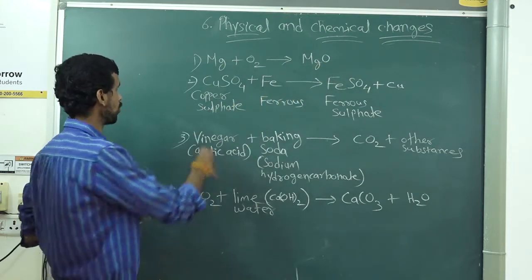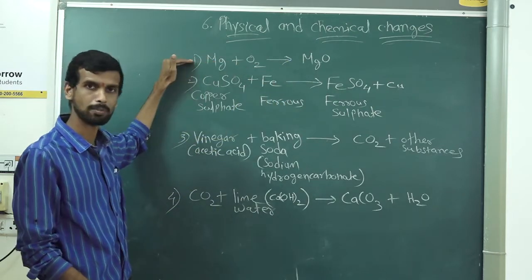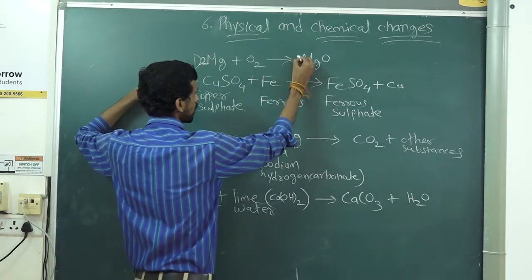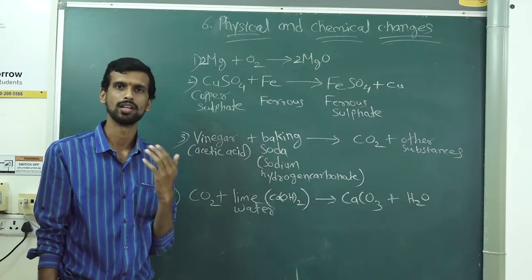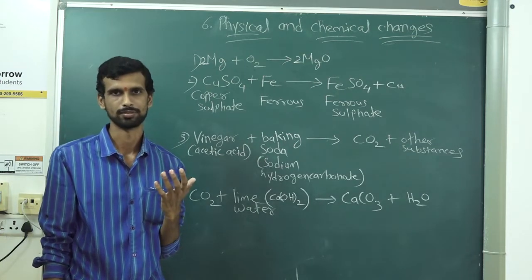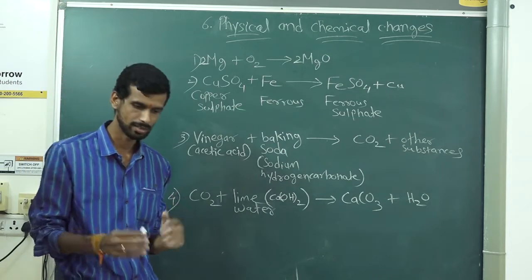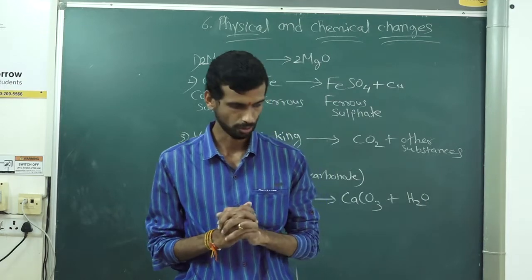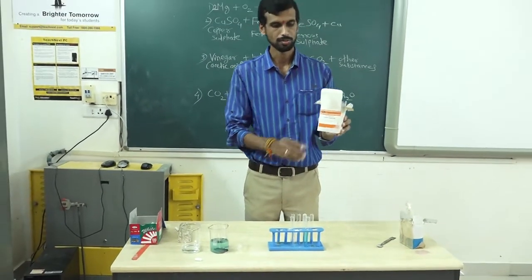Okay. So here Mg plus O2 gives MgO. Now this reaction is not balanced. Okay, how can we balance? 2Mg, here 2Mg. So this balancing of reactions you will be learning in class 10 in detail. Fine. So we will move ahead. Today we will see some activities. Okay, so keep focused.